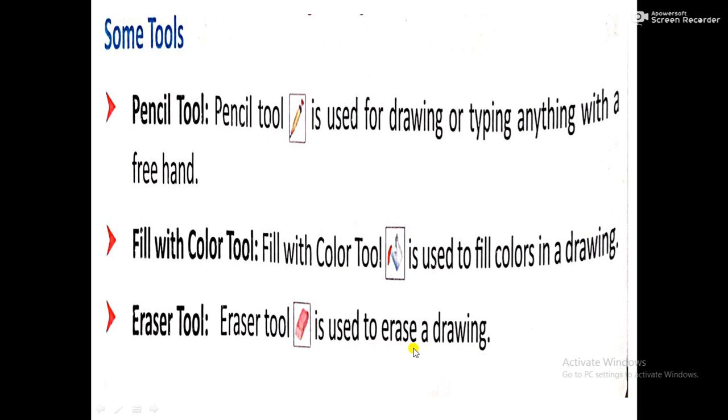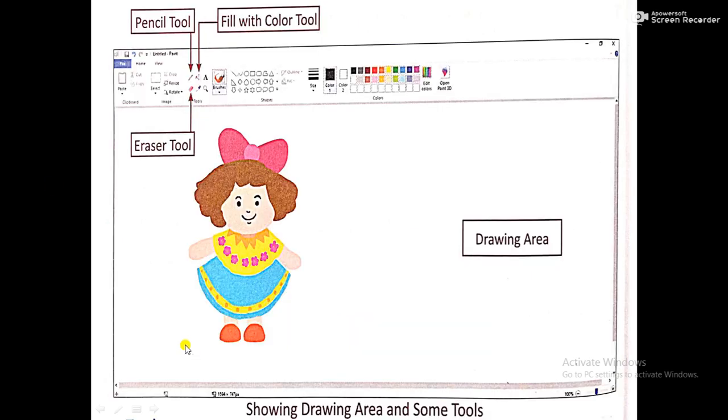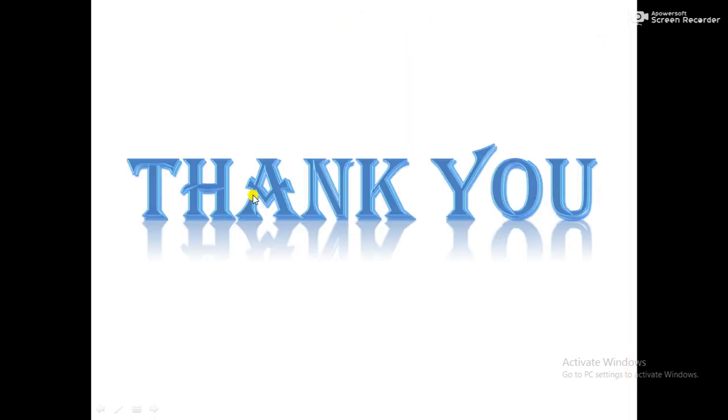The eraser tool is used to erase a drawing, or a part of a drawing. In the tools group you will find the pencil tool, fill with color tool, eraser tool, etc. Okay students, in this way you can draw your picture and fill color inside it in this drawing area. Thank you.